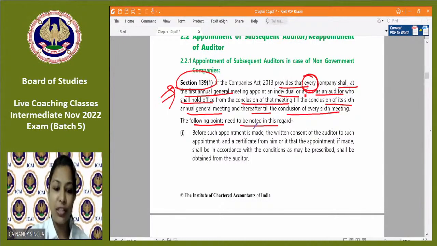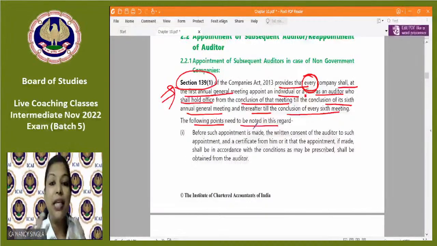So सबसे पहले just try to understand, देखो when the auditor is appointed, subsequent auditor is appointed by the company. So first of all, the company will take a written consent from the auditor कि auditor writing में दे दो that you have consented to become the auditor of our company. तो first point क्या आता है, written consent मिलेगा, प्लस auditor से एक certificate भी ले लो, obtain a certificate from the auditor that 4 conditions have been fulfilled by the auditor. If such appointment is made, 4 conditions are fulfilled.